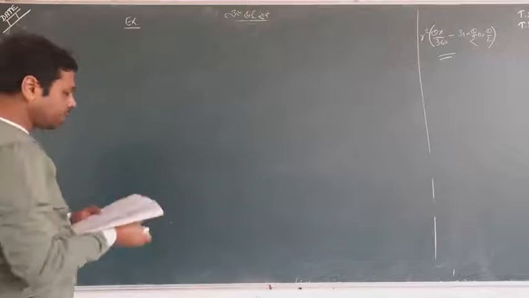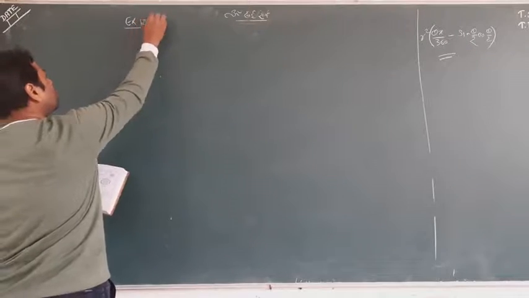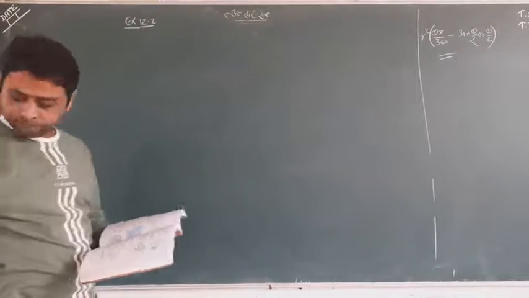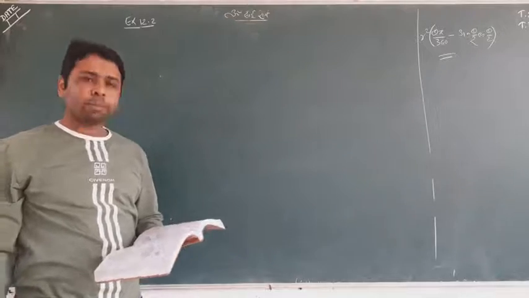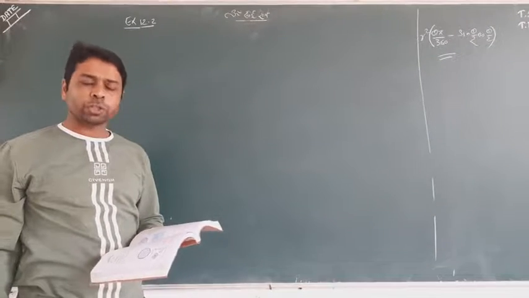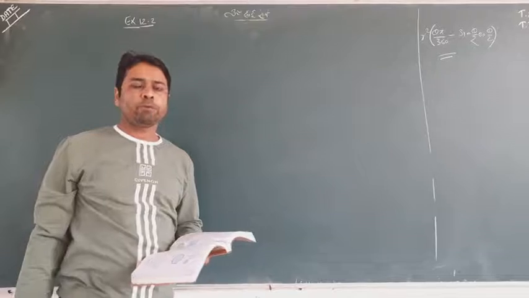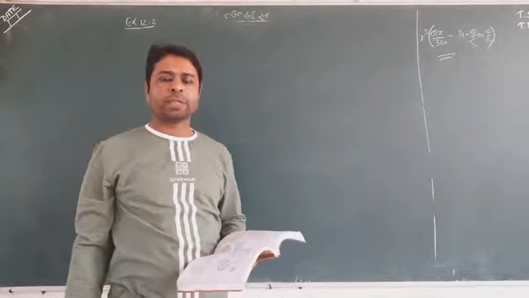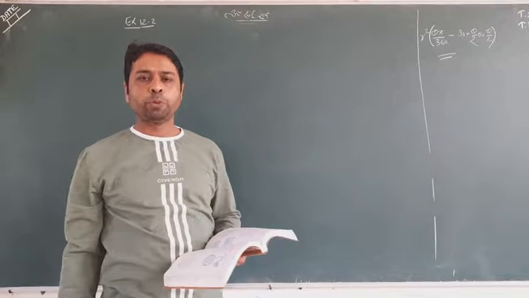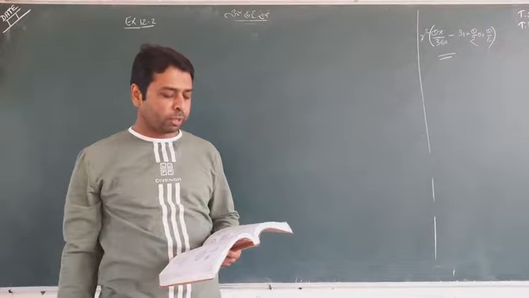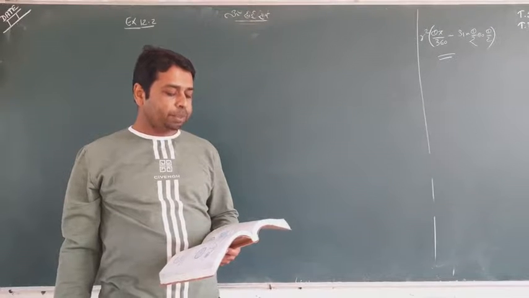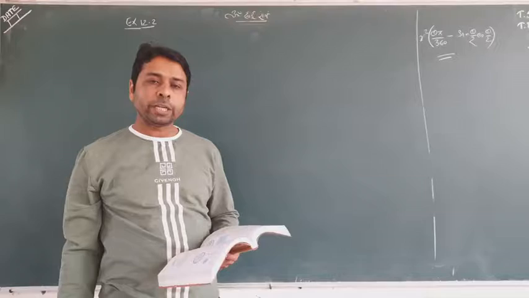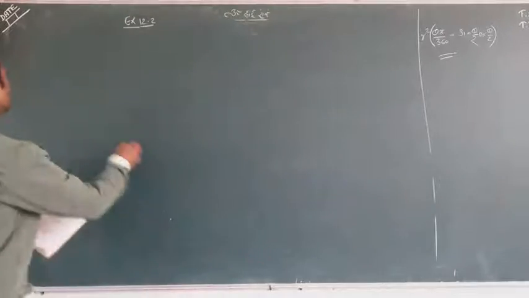So I choose exercise 12.2. Look at the exercise. Some questions are simple, the initial questions are very simple, where we have to find the length of arc and the area of sector, for which you know the formula. You put the radius equal to whatever value is given, and in the first question theta is also given. Question number 2 is important.